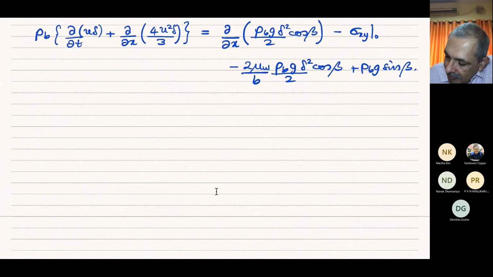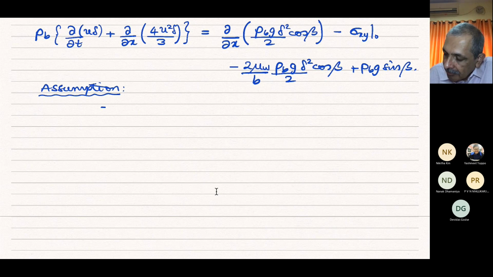We don't know what sigma xy is, but suppose sigma xy at 0 is equal to some constant c, which is not known, rho b